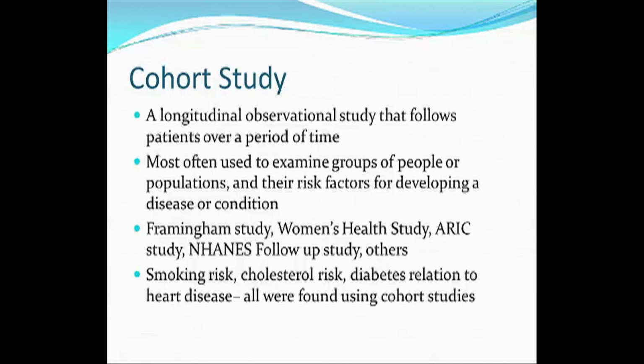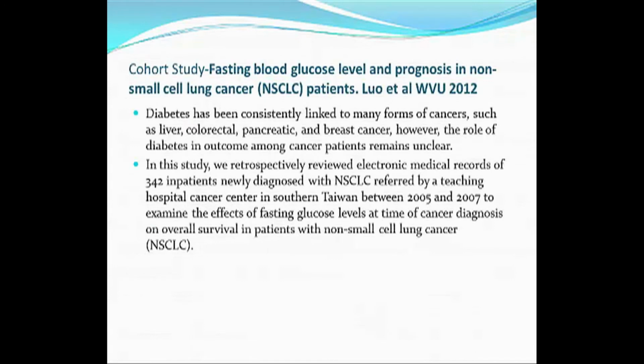We found that out from cohort studies and could codify that, and found out that diabetes itself is one of the largest risk factors for heart disease. This was all found out using cohort studies. And Dr. Luo, Dr. Joua